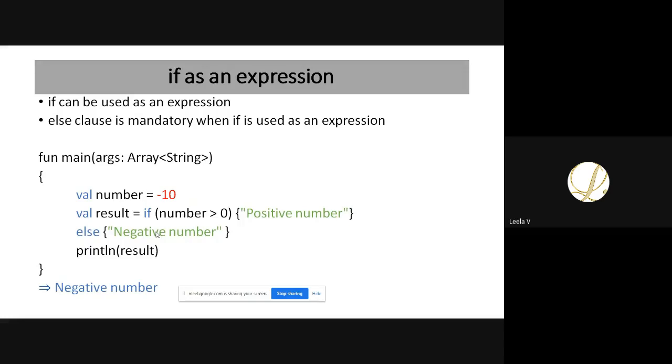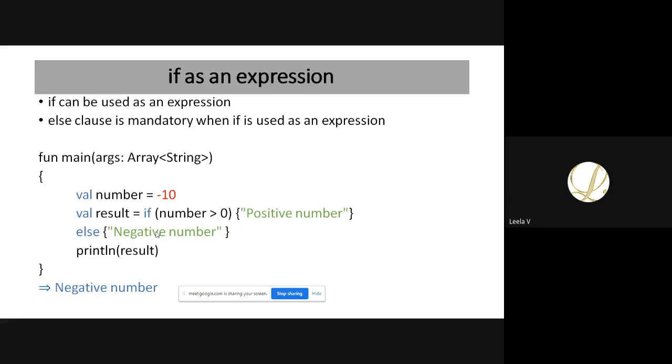A simple variation is that you can use if as an expression. Generally, in other programming languages we use if as a statement, but we can use if as an expression in Kotlin. The difference between an expression and a statement is that an expression can be any part of a statement, a combination of operators, variables, and functions, which can be evaluated and gives you a result.